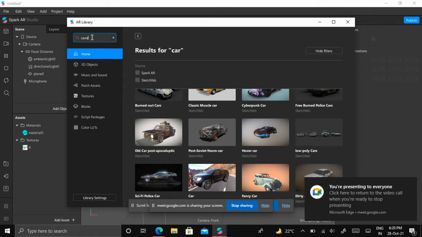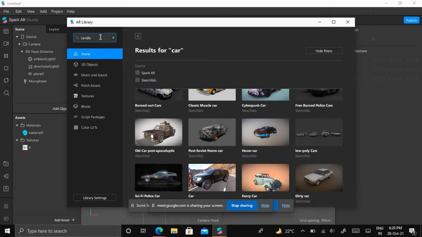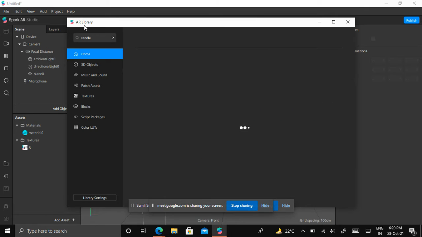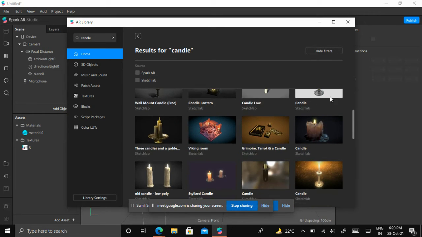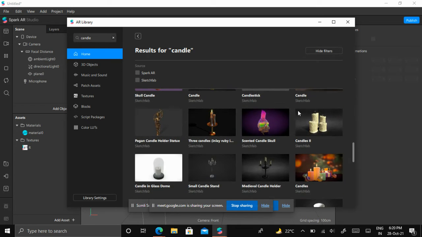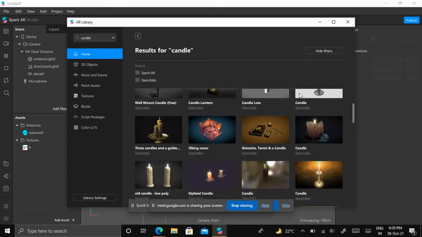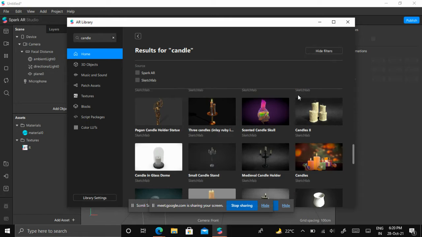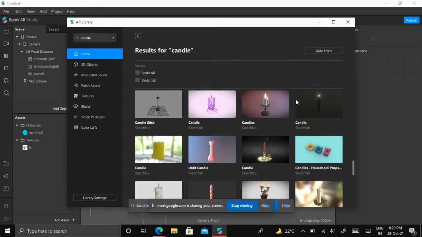So let's see candle. I'll be searching for which candle is nice. These all are candles. You can add any object you want.